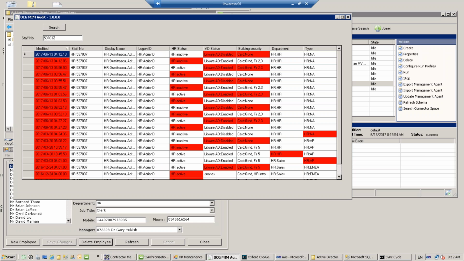The business rule that we've implemented in FIM is that that should lead to a disablement of his account in AD, and also to his building security being revoked so that he's not allowed into any floors. Ordinarily, his status as somebody in HR would have given him access to certain floors. Just to show that happening again,